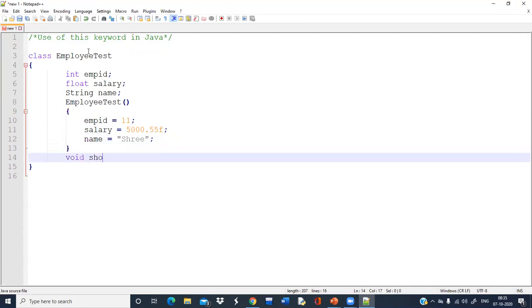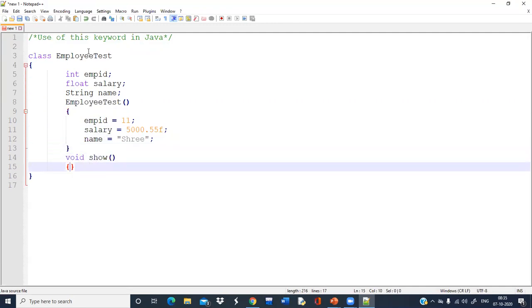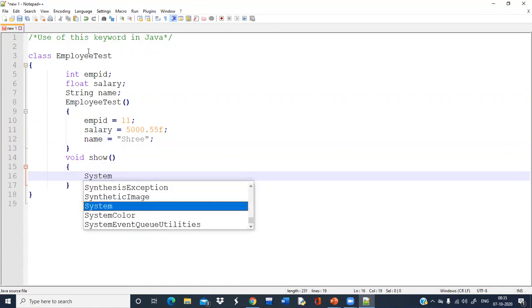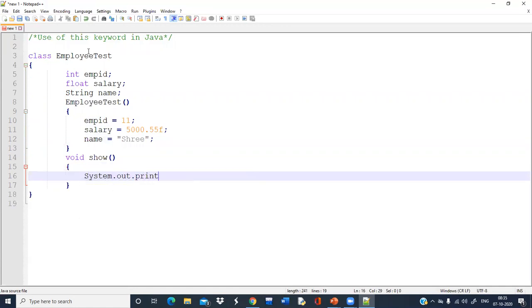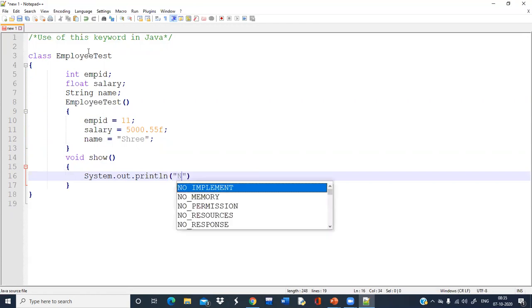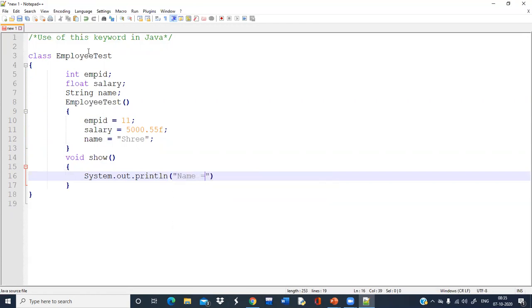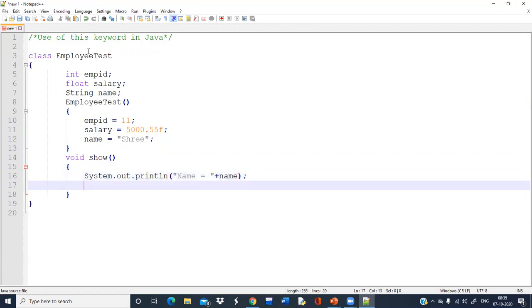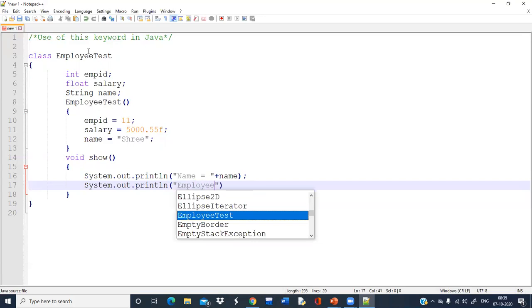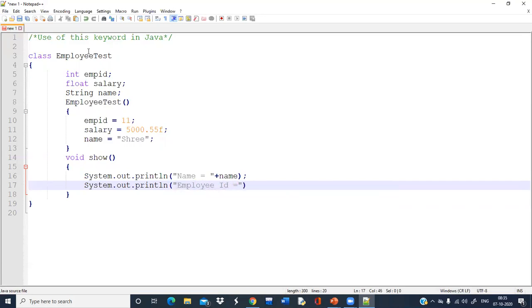Let's display the values of the employee. The employee ID will print the emp id.